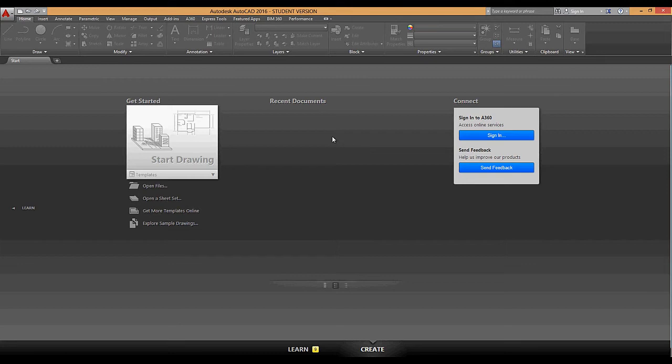This is essentially the start screen, and we note that because it'll ask us about getting started, and it'll gray out everything else. You may not have experienced this yet if you've opened the program and started drawing, because AutoCAD skips that step of having you specify a template when you open the program directly. It'll automatically open up a new file and use its default template. However, when you close out of your drawing, you get to this space, and even though you're still in the program, you need to open up a new drawing file, and create a new file,